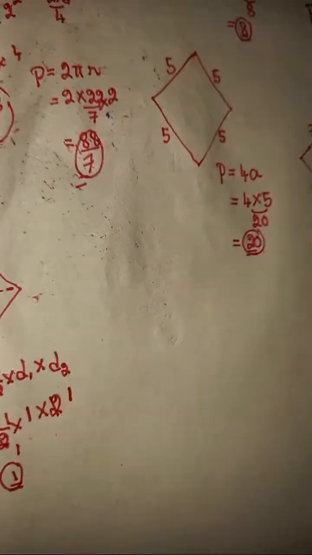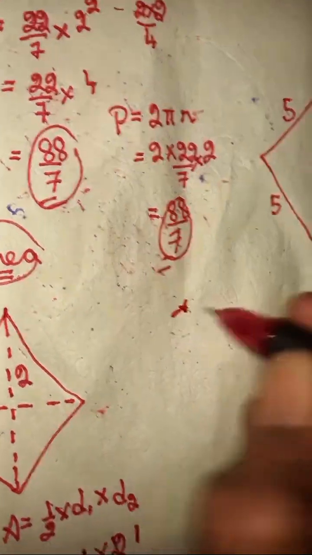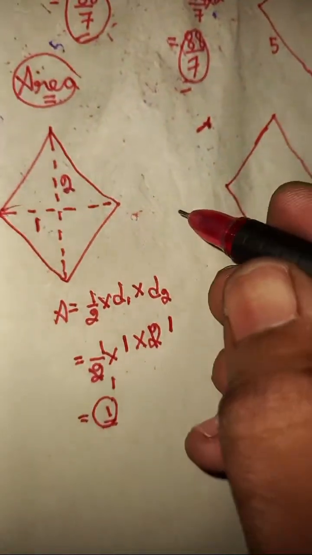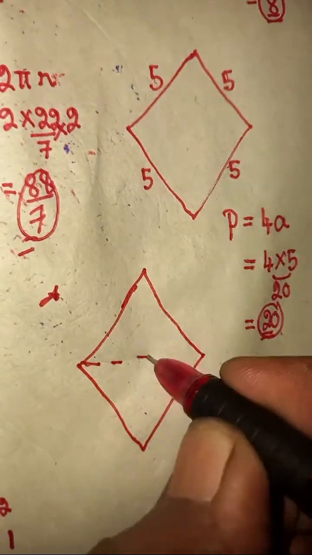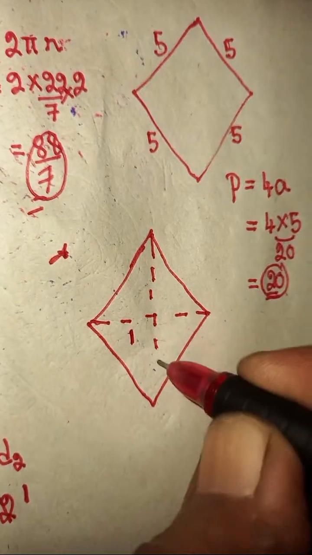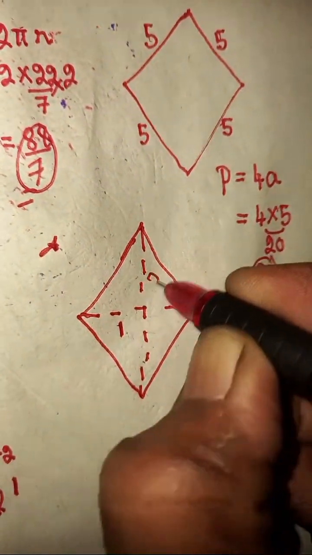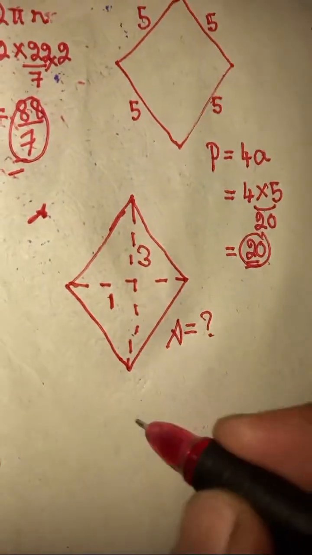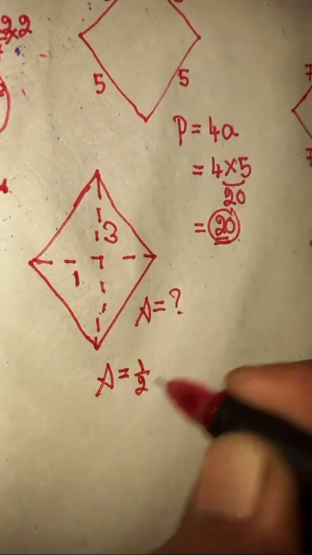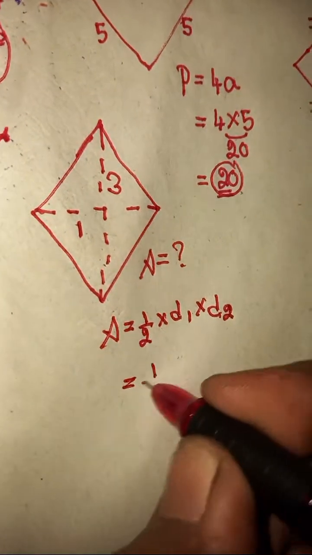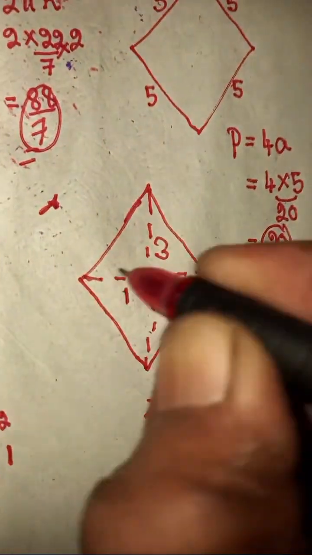And if you take another one, here another rhombus. In this rhombus you can take this diagonal. They have given one diagonal as 1 unit and another diagonal as 3 units. You must find out what's the area. Here also it is the same thing. Area is half times of diagonal 1 times of diagonal 2, that is half times of, this is diagonal 1,